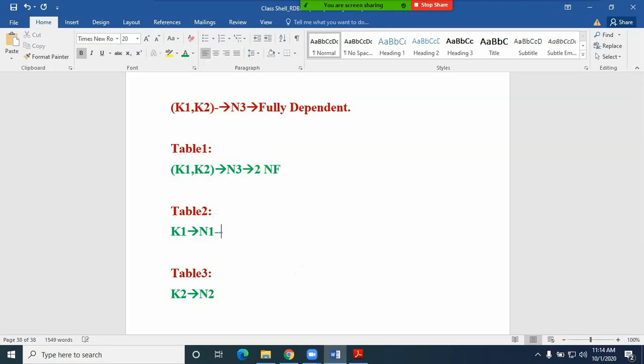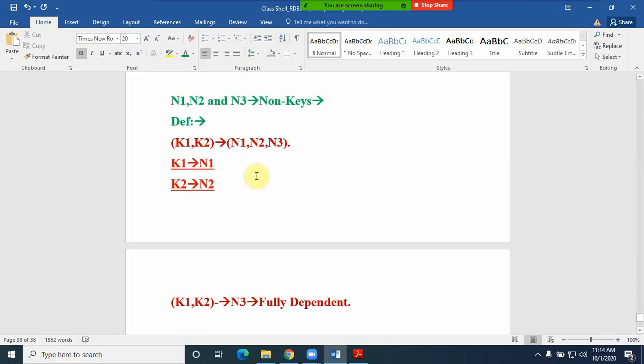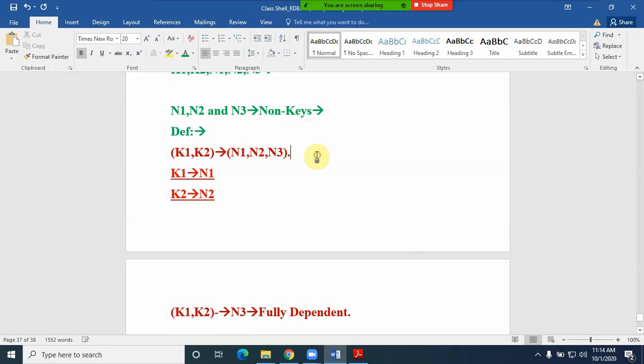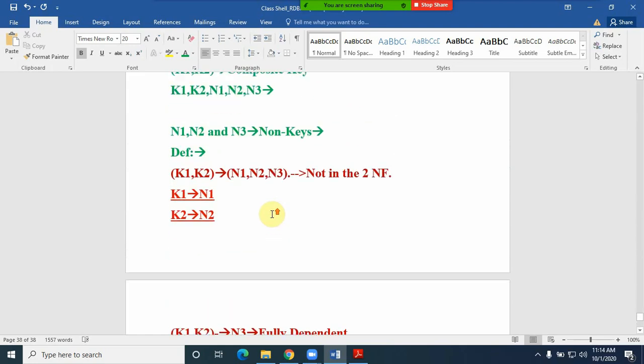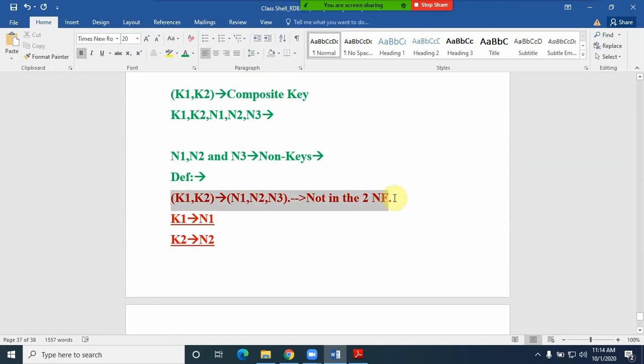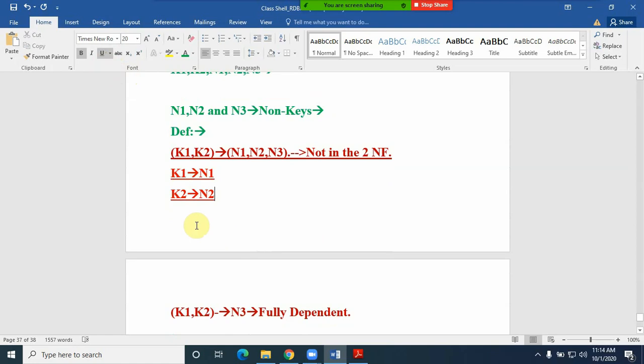Okay, after splitting only, earlier it is not in the second normal form friends, and if you are referencing the third one, 2NF. Okay, but whereas if you are considering this particular thing, it is not in the second normal form. That's what we have observed in the earlier case also. Okay, so once you face this kind of issue, we need to split that particular table in such a way that first you identify the dependencies.